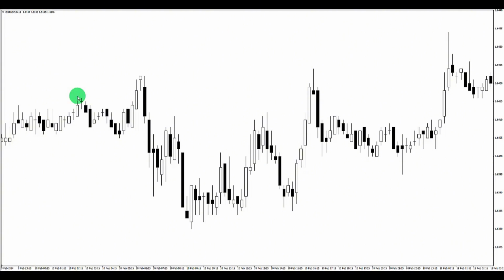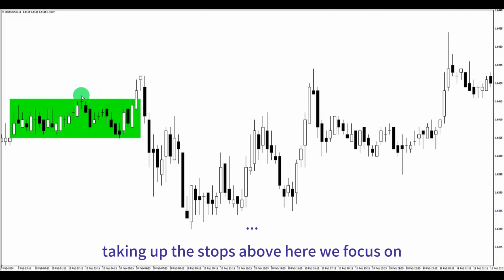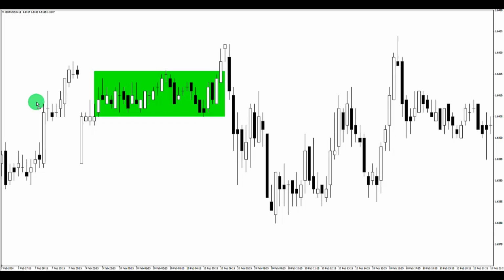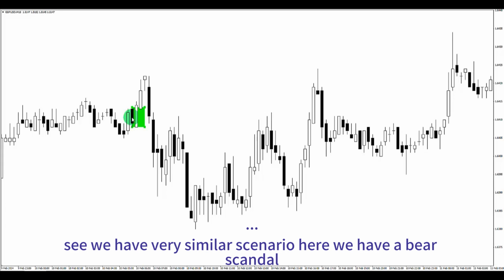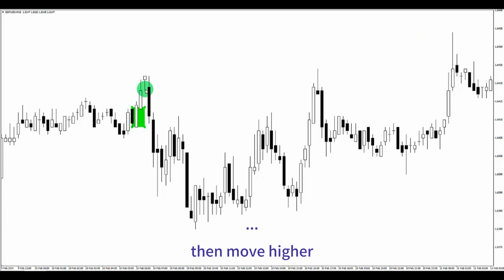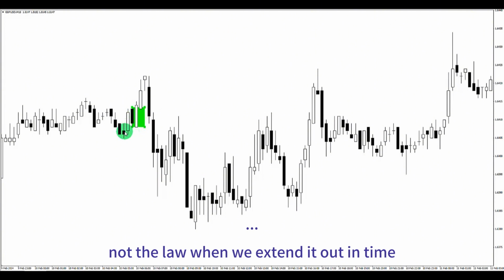One more example. We have consolidation in here. They run above the consolidation, taking out the stops above here. We focus on the down candle prior to the move up. Bearish candle here. See, we have a very similar scenario here. We have a bearish candle, one candle up, and a bearish candle, then a move higher. See that? I'm allocating more attention to this one here, not the lower one. We extend it out in time,